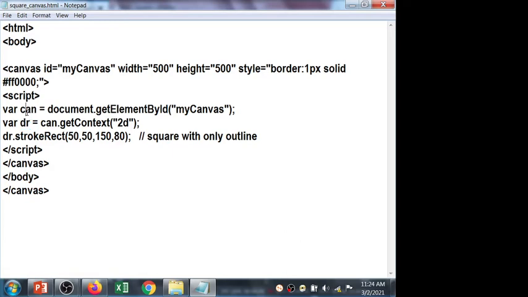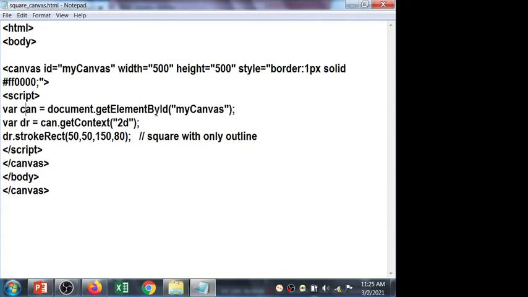Let's see, the can variable holds what, because each and every variable holds some value, right? But here it's not a plain value. Let's see what it holds. The can variable holds document.getElementById.